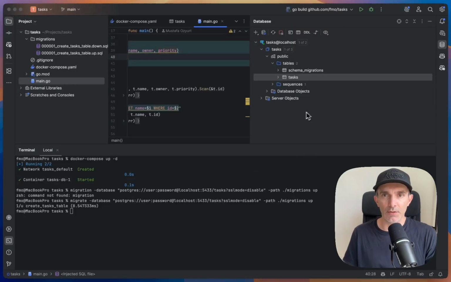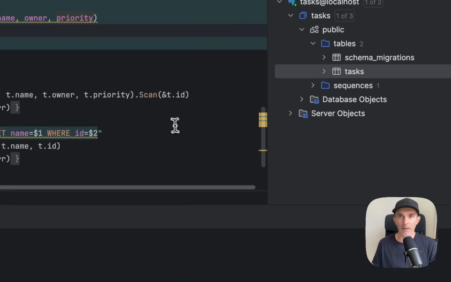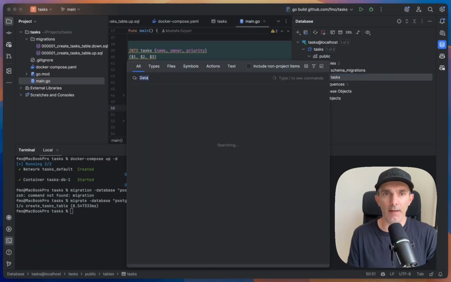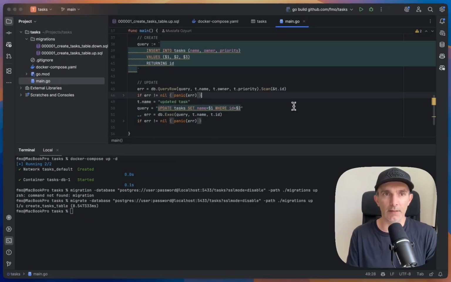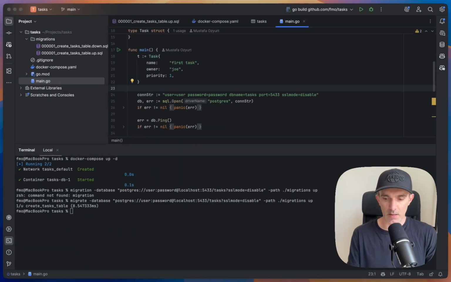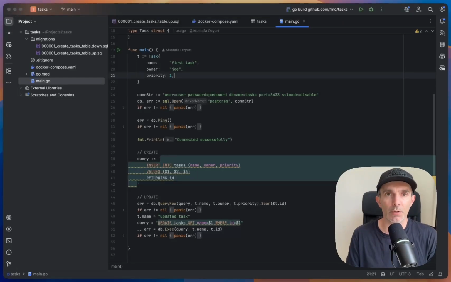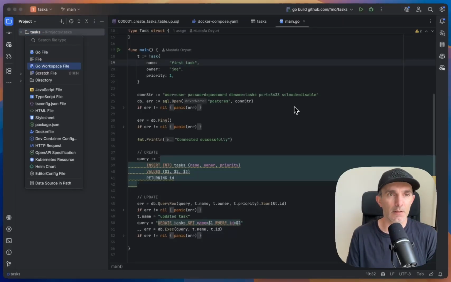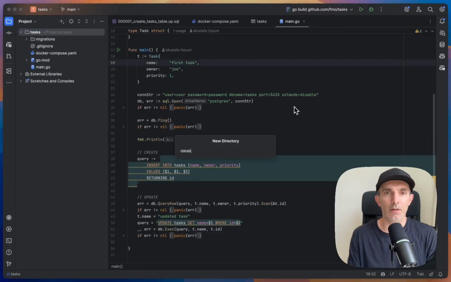All right, let's continue. So far, we have our tasks table and database connection, but it's not very modular, right? So let's come here and move things a little bit tidier. I'm going to create the database and connections,